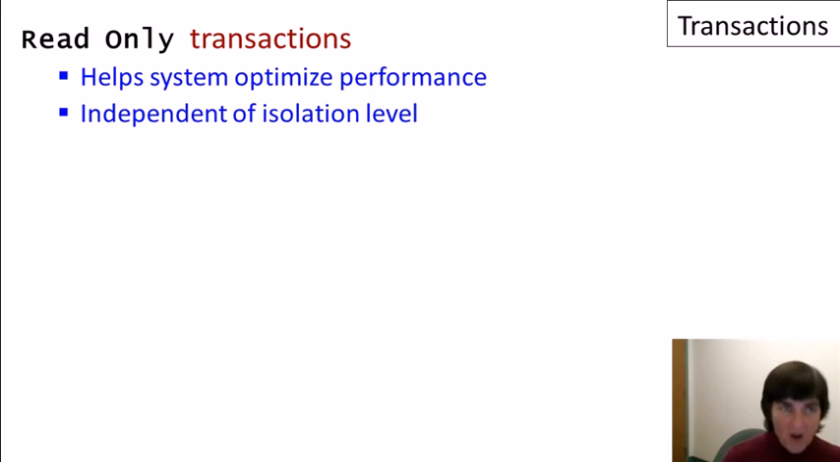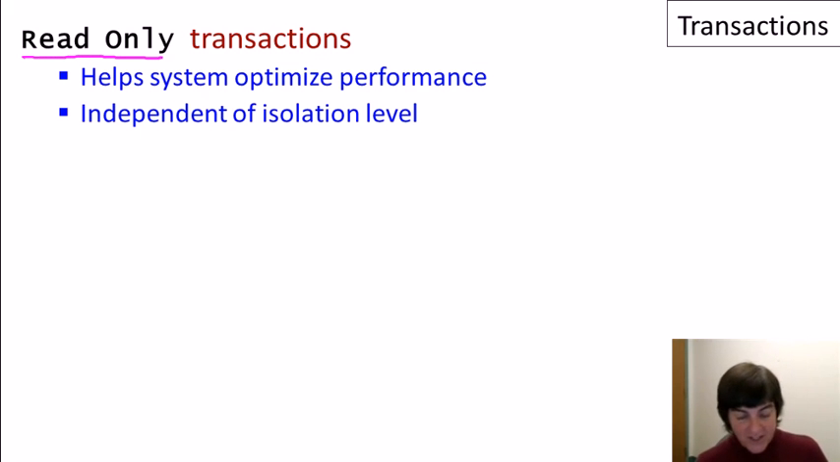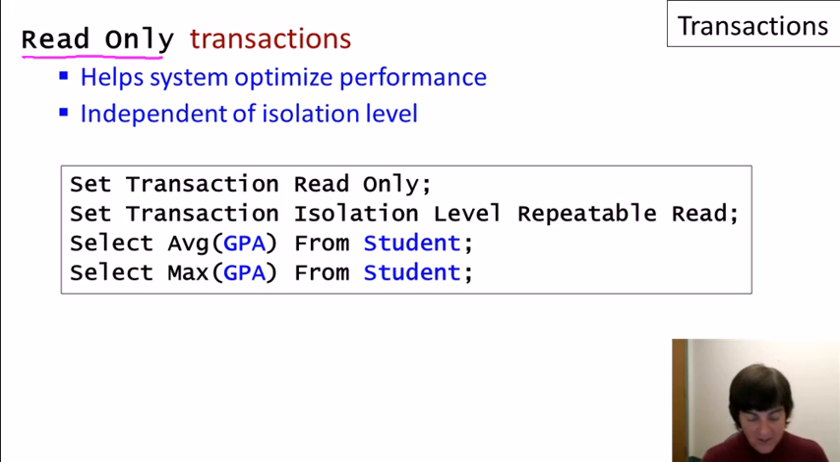I did want to mention that we can also set transactions to be read-only. That's sort of orthogonal to setting the isolation level. What it does is it helps the system optimize performance. So for example, in our transaction where we were just reading the average GPA and the max GPA, we can set an isolation level, and then we can also tell the system that it's going to be a read-only transaction. That means we're not going to perform any modifications to the database within the transaction. The system can use that as a hint to figure out its protocols to guarantee the right isolation level, but it might not have as much overhead as if the transaction had the possibility of performing modifications as well as